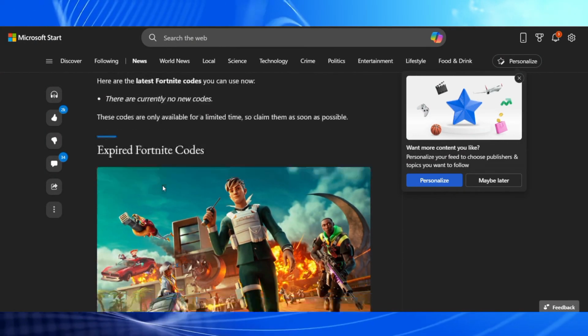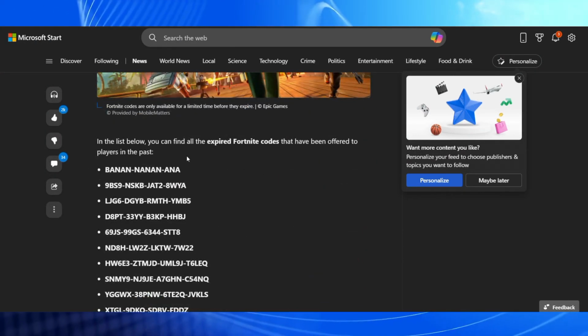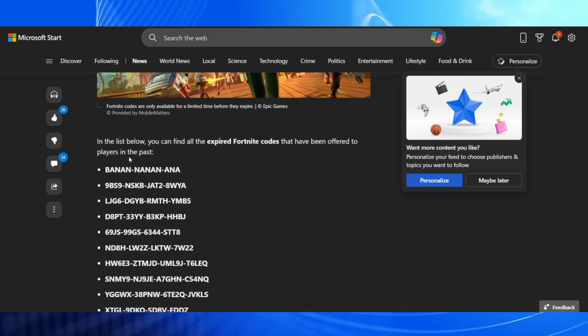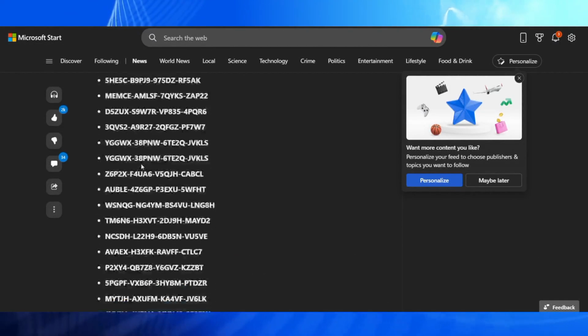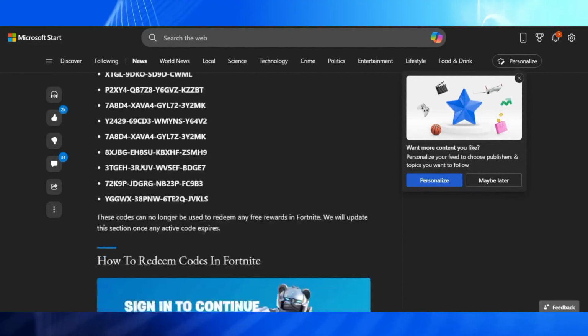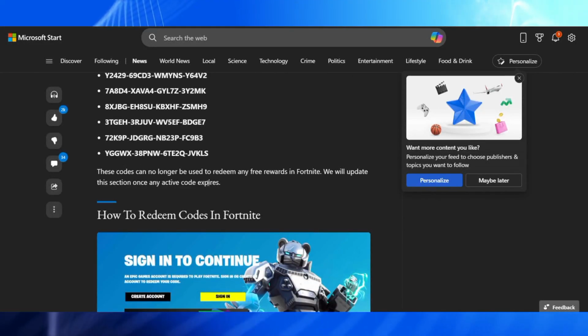for the Fortnite game. But the main thing what you can do is, here is the code and the list below. You can copy it and then you have to paste it to get benefits of this code. Select any one of the code from this menu and then let's focus on the step how to redeem codes